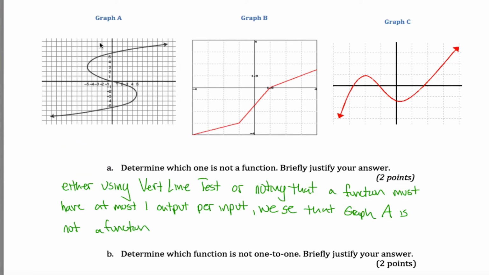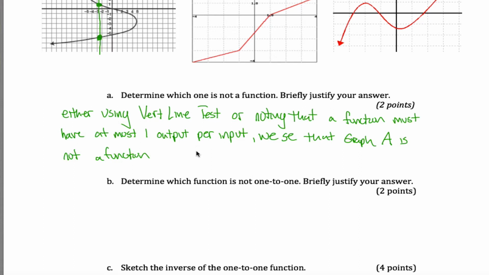If you drew this vertical line, for example, it intersects my graph in 3 different places, so it doesn't pass the vertical line test. Part B says, okay, that leaves you with 2 graphs here. One of them is 1-to-1, the other one is not. Which one is not 1-to-1? Either using the horizontal line test